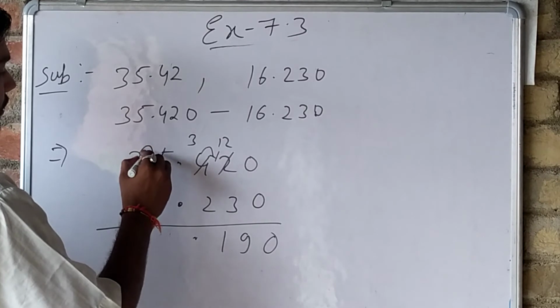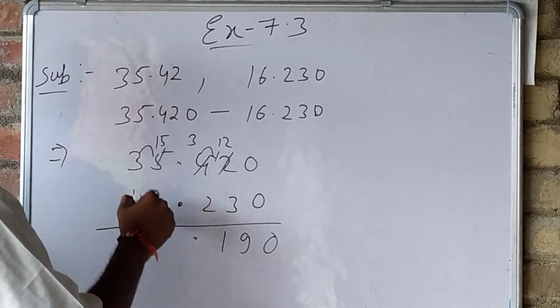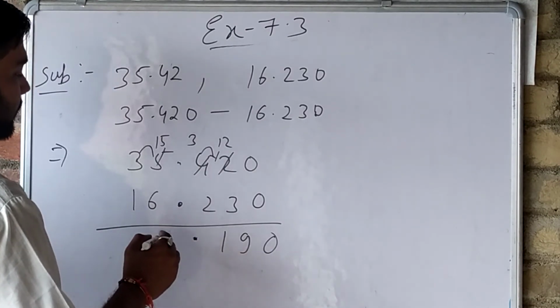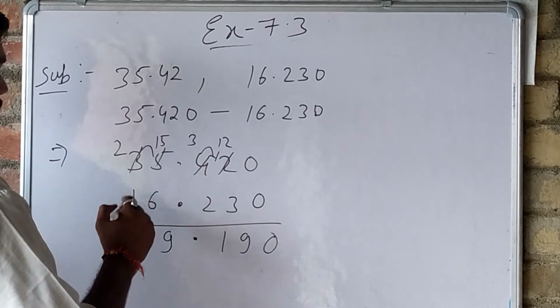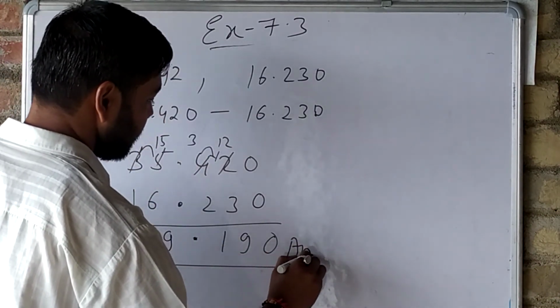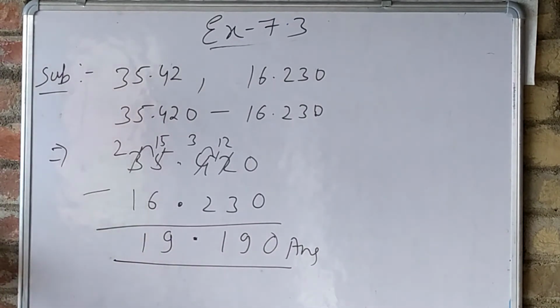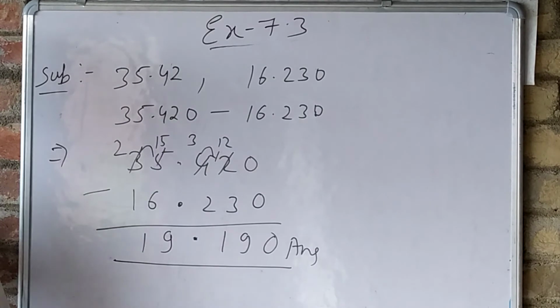5, 15. Now it will give 1, it will lend, so it will give a carry. So it is converted to 15 minus 6, 9. And it is now converted to 2. So 2 minus 1, 1. So this is the subtraction. This is the answer. This is the way of subtracting. Okay, so first we will convert unlike to like decimals, and then we will subtract. So this is also very easy.